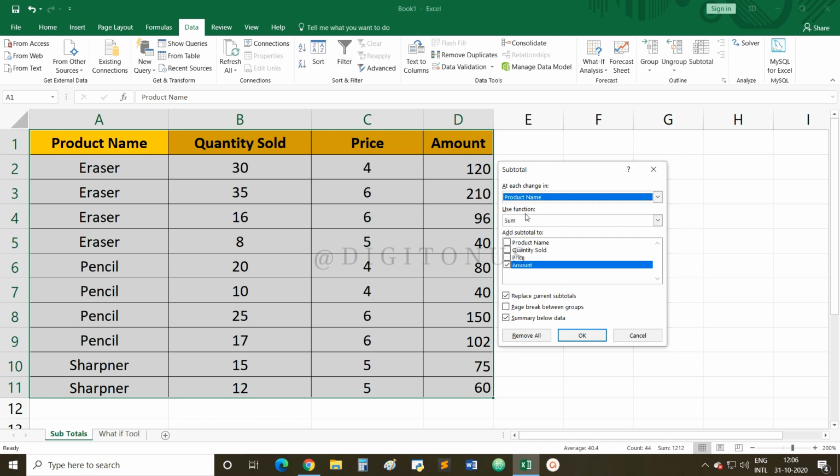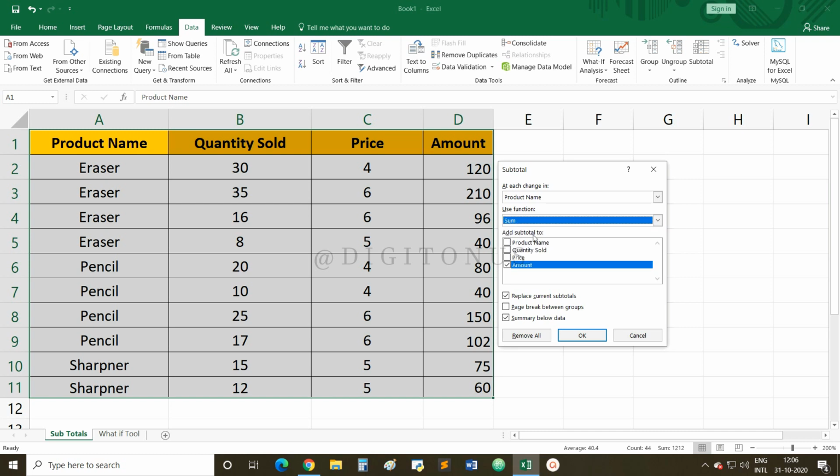Now, Use function means how you want to calculate this. There are multiple functions: sum, count, average, max, min, product. Like in our previous video we discussed in consolidating, there are several functions; the same way in subtotal also we get several functions. By default it's sum, so I am selecting the same one.